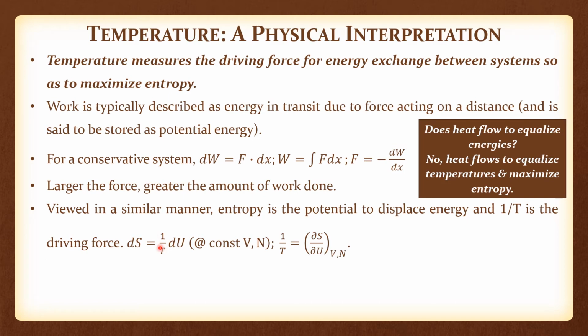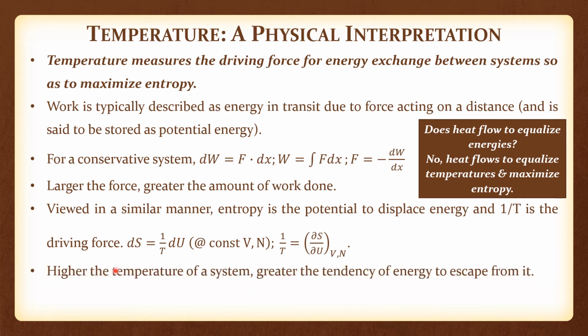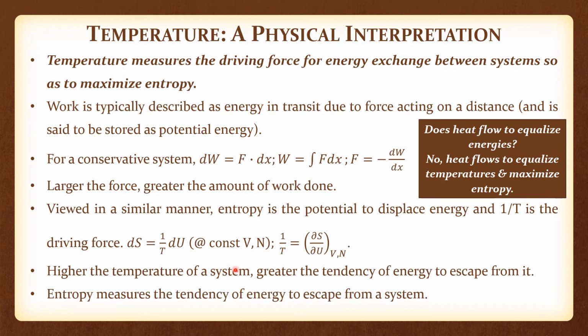So temperature is the driving force for the system to displace its energy, right? And the change in entropy is sort of the work done, or some sort of a change in the potential. So the higher the temperature, the greater the tendency for the energy to be displaced from the system. This is something that we understand very well in practice. And therefore, the temperature is the driving force, and entropy measures the tendency of energy to escape from the system,